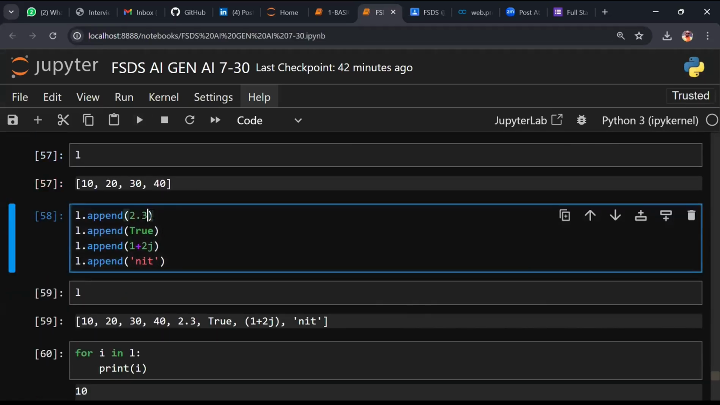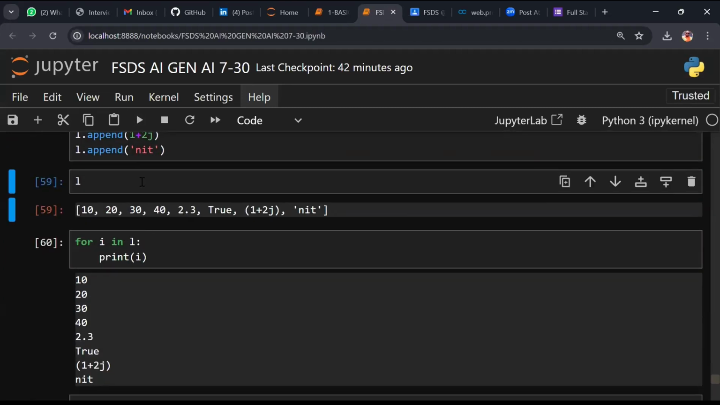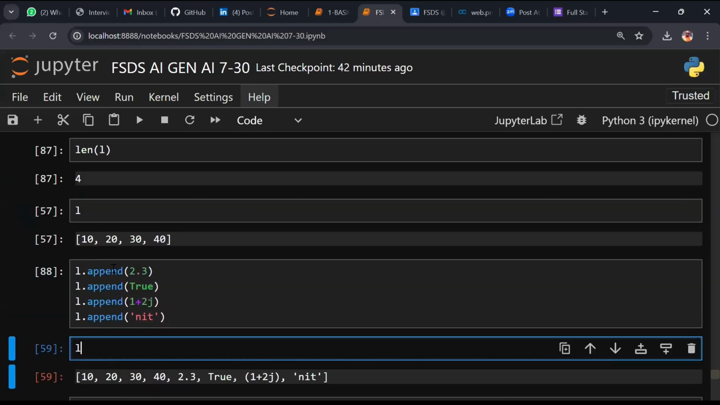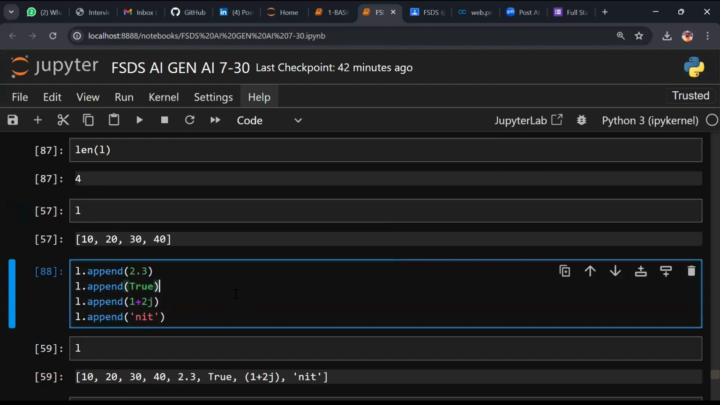Yesterday, I appended which float data types, Boolean data types, complex and string. Just go here and you're done. List is growable. Don't you think? What is the next comment? I can say list is growable. List is growable. So when you say append, shift tab, any function you want to know,